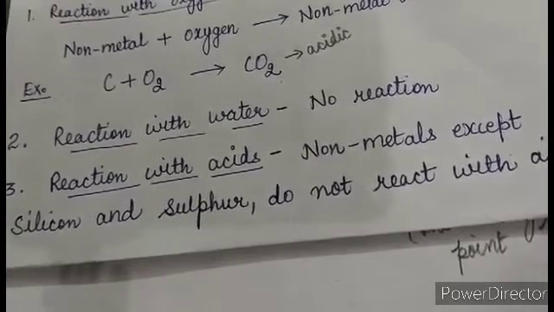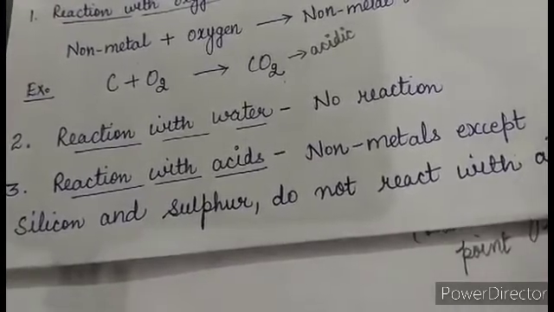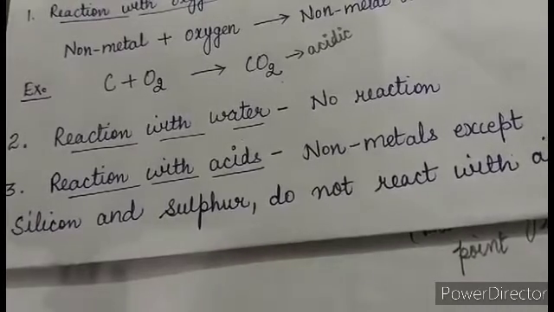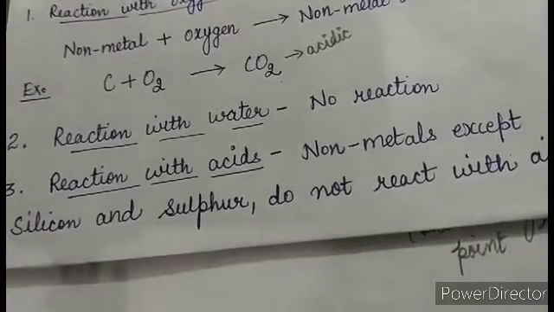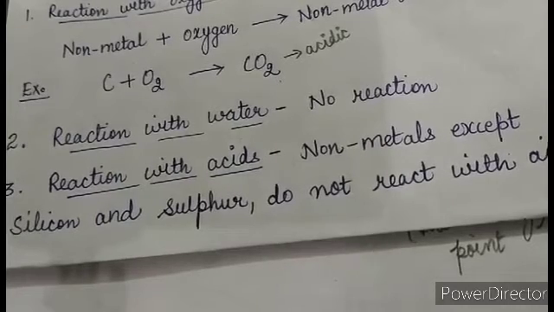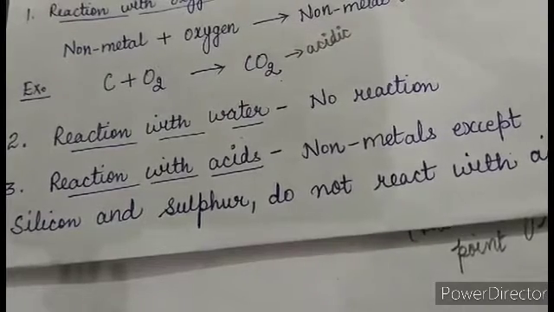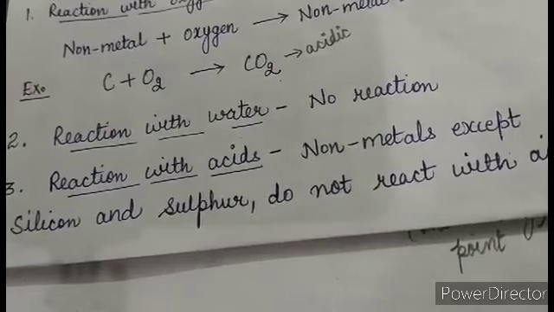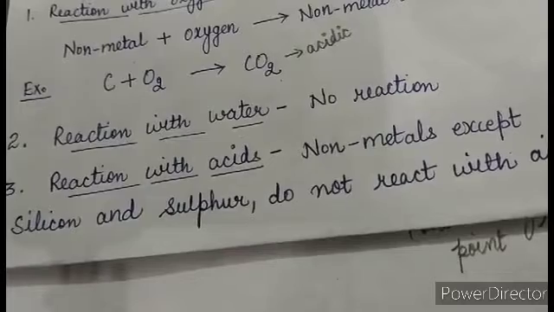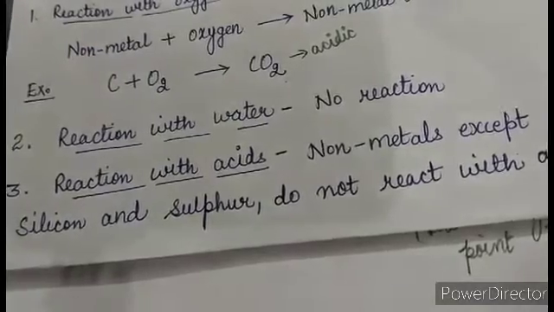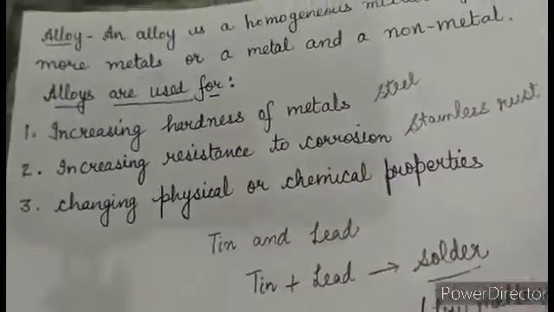After then we have discussed uses of non-metals, like oxygen is what? Essential for burning. Carbon is used in the form of graphite, that is a good conductor of electricity. And diamond is used to make what? Jewelry. Hydrogen is used for hydrogenation. Nitrogen, liquid nitrogen, is used for freezing food. And sulfur is used as a fungicide, and so on. Okay. And at last we have discussed the topic what?